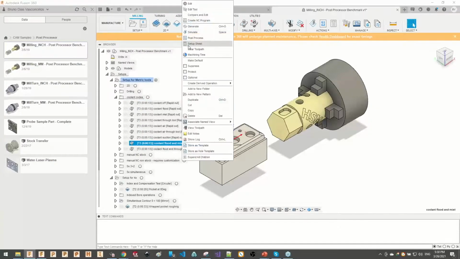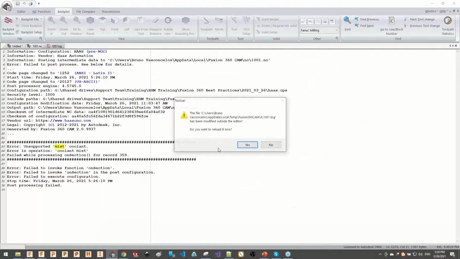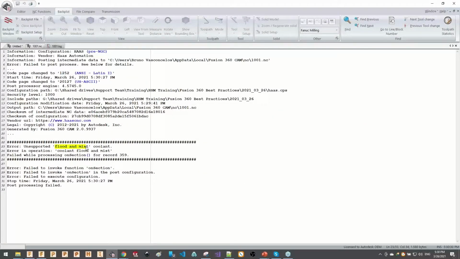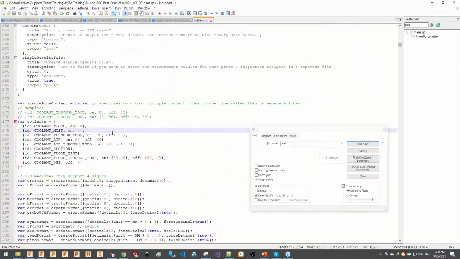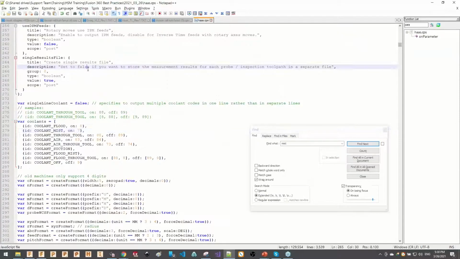So if I post out this, now I will receive an error. Again, hey, fluid and mist are not supported. But why, if I do have fluid and mist in my post processor? Yes, you do have fluid and you do have mist, but you don't have both at the same time. So that's why we need to set up that. So it's another item that you need to customize for fluid and mist at the same time. So that's what I'm going to jump in here. You can also do, again, copy and paste and try to find where that thing is located, which is here,